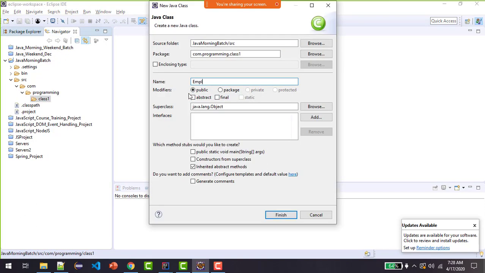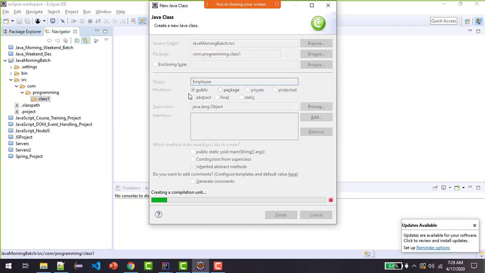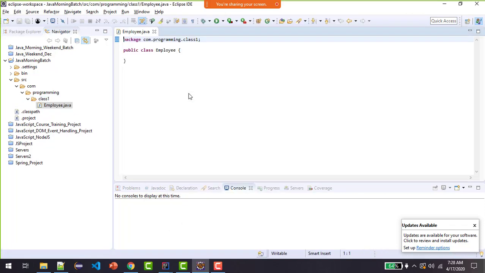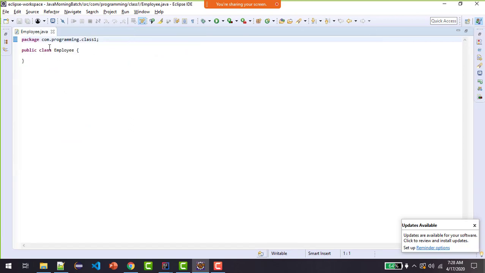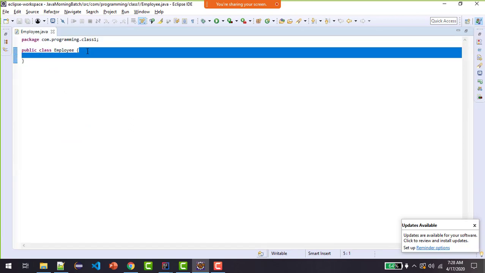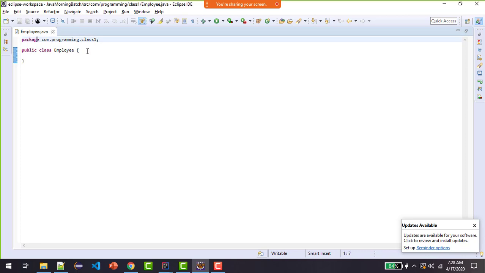Let's say my class name is Employee, just to understand how a basic class can be created. public is a keyword, class is a keyword, Employee is the name of the class. These are known as curly braces. package is a keyword. This is a namespace where my class1 class files will come. public, private, protected are access modifiers. class is a keyword. I am creating 4 attributes of Employee. Let's say name, let's say age, let's say designation, and let's say salary.